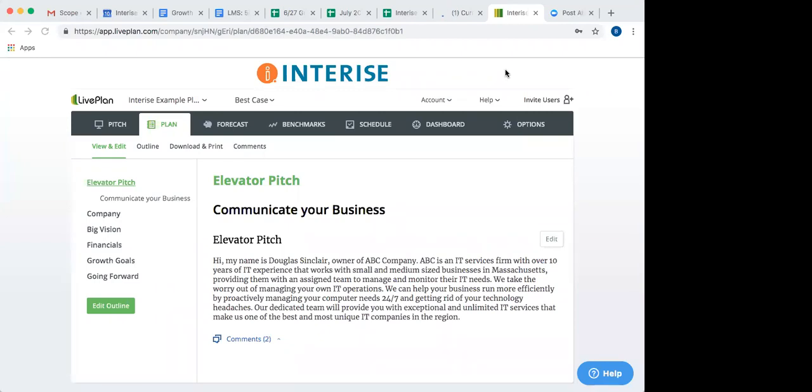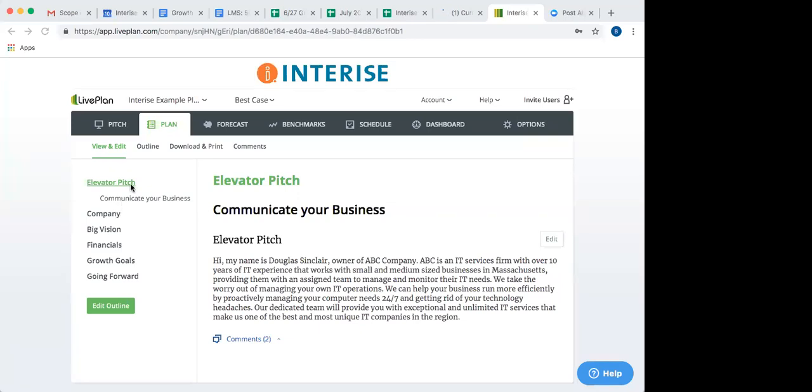Okay, so on my screen, we have kind of the landing page for this growth plan tool. Across the top toolbar, there are multiple tabs, and we'll go through these, but I'm going to start at the plan tab. And again, on this plan tab, we've tried to mirror the growth plan template that we had as a Word document. And so on the left-hand side here, where you can see my cursor, it highlights the major categories of the growth plan.